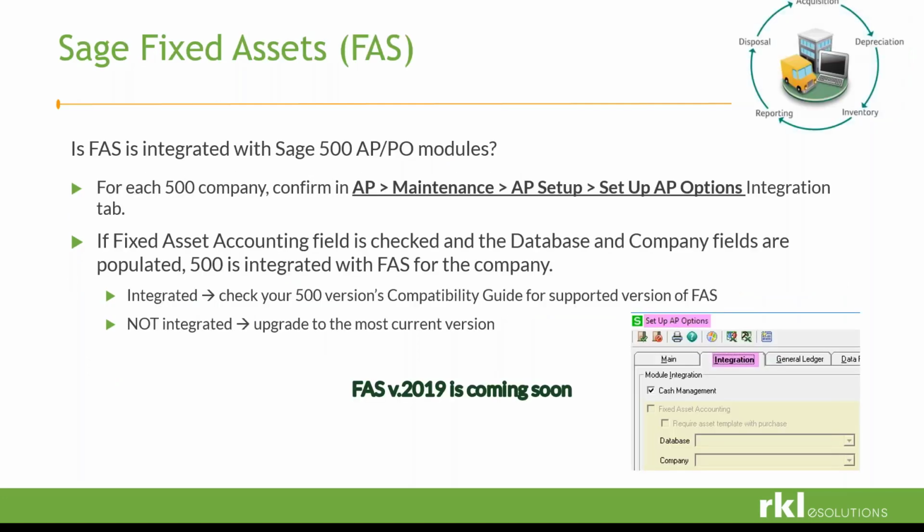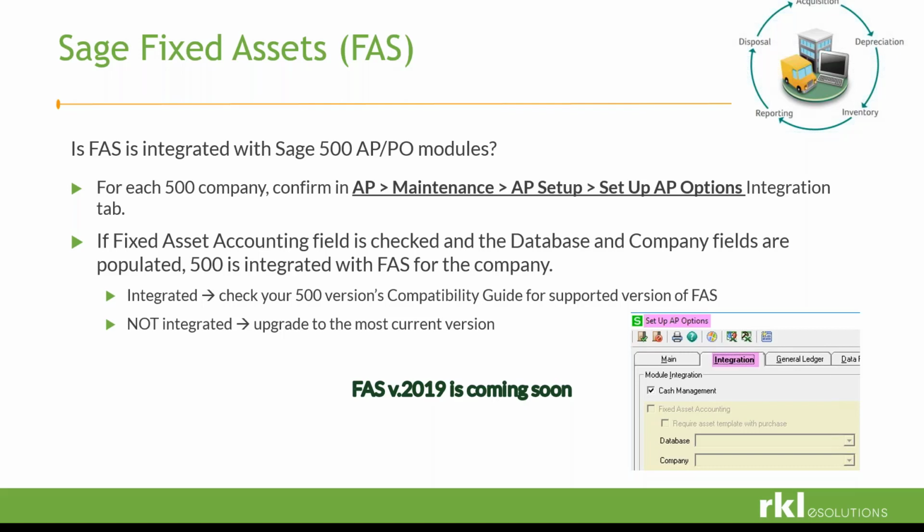If you're using Sage FAS, it may or may not be integrated with Sage 500's accounts payable and purchase order modules. You can verify that by going into Setup AP Options and looking on the Integration tab. If the box for fixed asset accounting is checked, then there should be a populated value in the database and company fields,